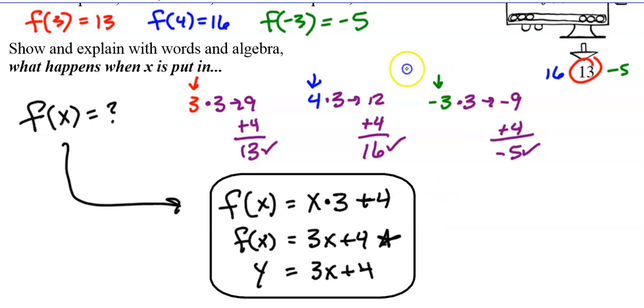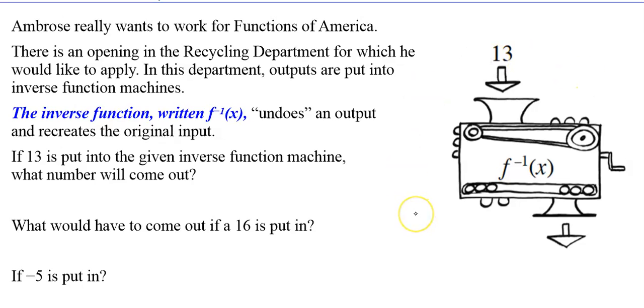So in looking at this then, what if we did it backwards? And we did the inverse function of this to get the same number. So we're inverting f of x. So we put in 13. So the inverse of this,